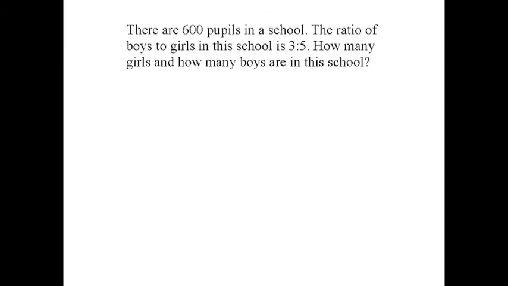Okay, there are 600 pupils in a school. The ratio of boys to girls in the school is 3 to 5. So let's take a look at our labels here. We have 600 pupils, which means people, and that's the total amount of people. So we're going to say 600 is a total. And here we have boys, and there's 3 boys for every 5 girls. So we'll say 3 boys